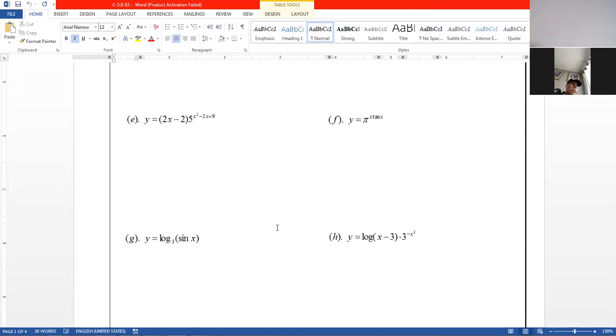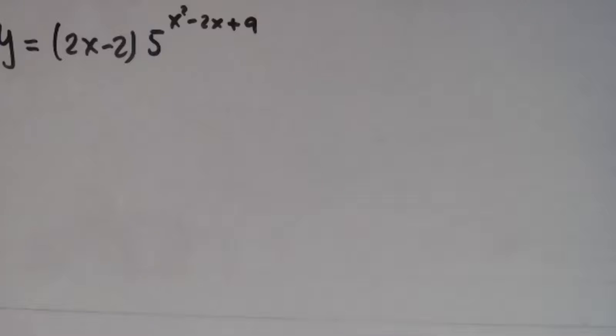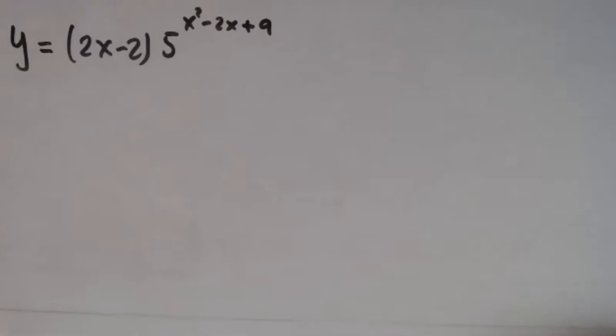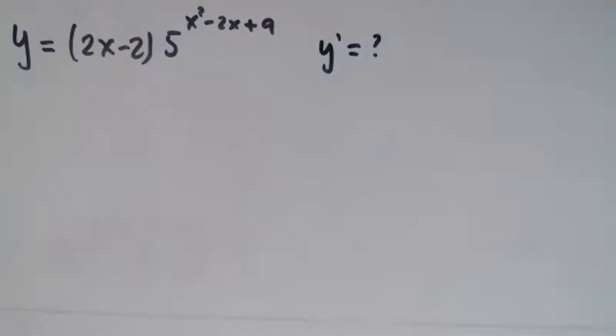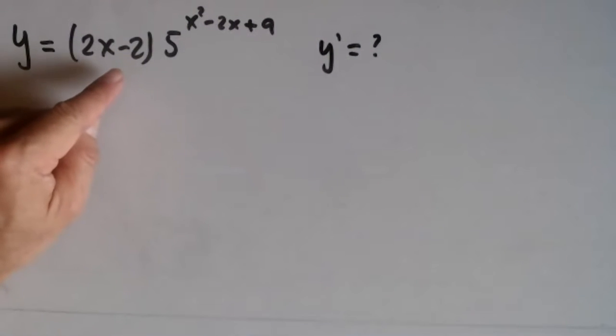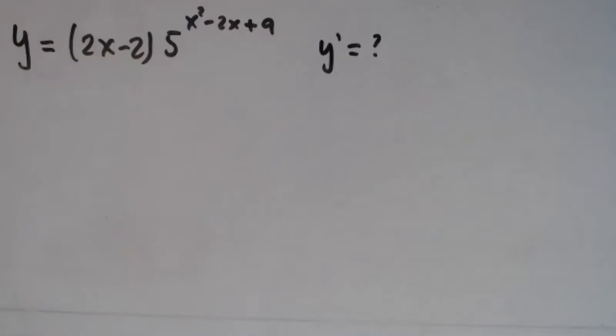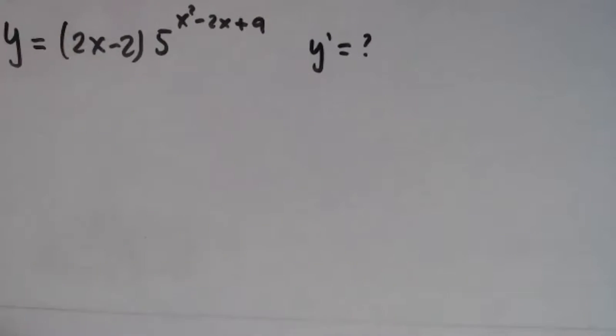We're going to have y equals (2x minus 2) times 5 to the x squared minus 2x plus 9. Okay, this is now the function we have to solve, y prime. So what is y prime? Well, this function multiplies this exponential, so I have to use